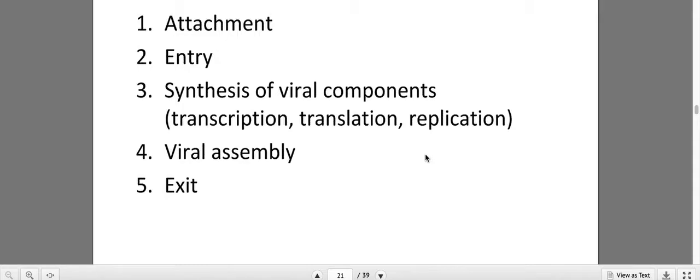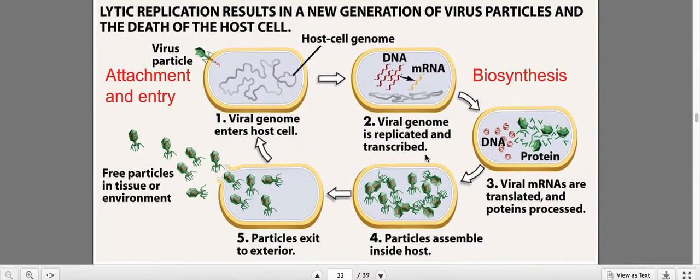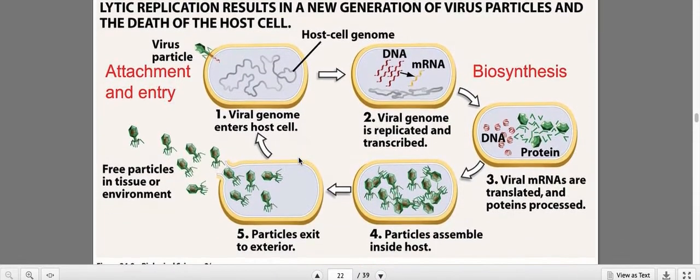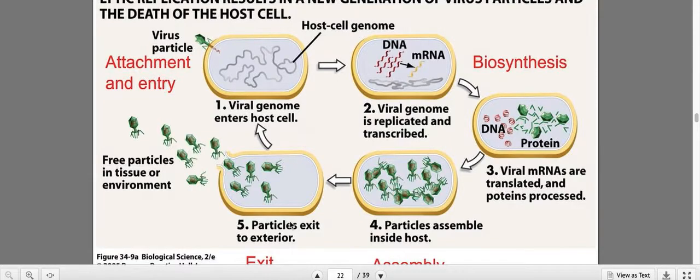So there's also different types of exits that it can make, in which some of them hurt the cell, some of them don't hurt the cell. So depending on how it does it. So this is a basic example. This is called the lytic bacteriophage. So lytic means that it will destroy the cell when it gets out of it, so it doesn't just get out nicely the way it entered. It gets out by like exploding from the cell, and this way the cell actually dies because you're literally just exploding the cell.